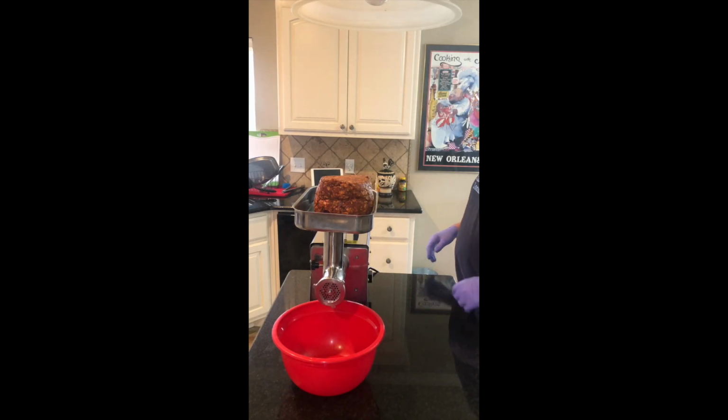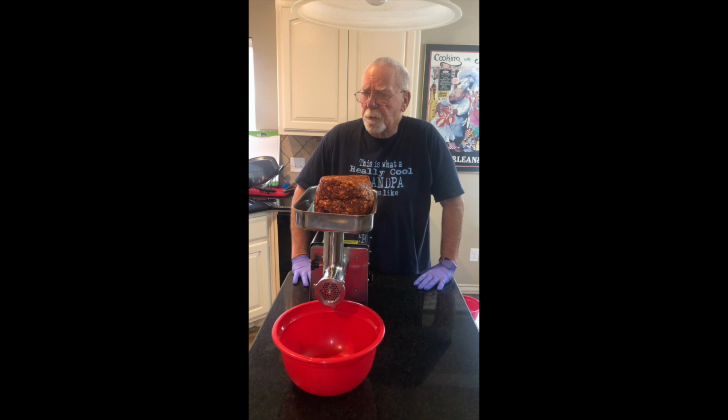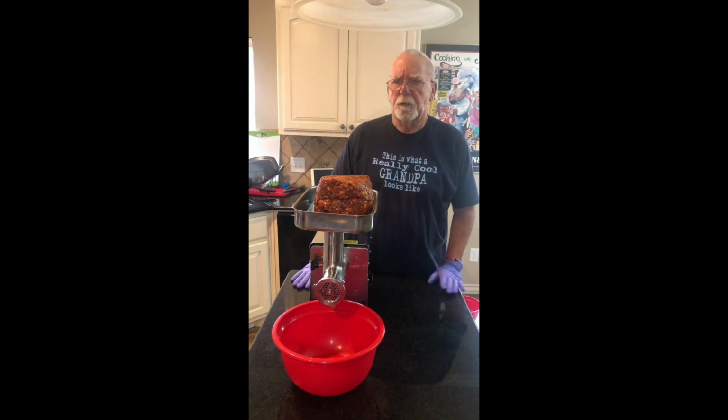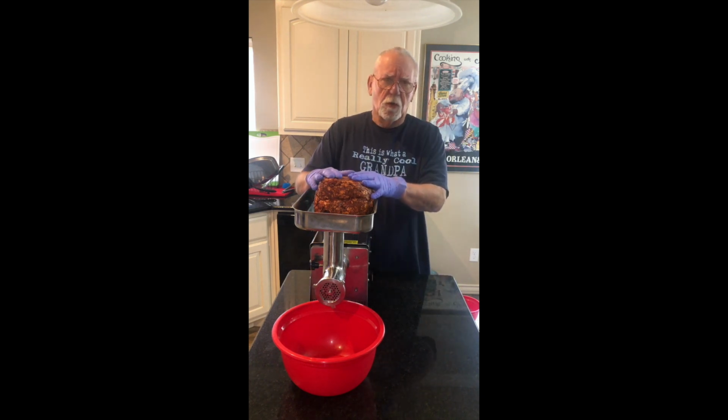So last night I sampled some of the Italian sausage. I had made a couple patties and I cooked it, and it came out very, very good. The flavor was, I don't know that I added much. The seasoning itself was really good, so I added a little bit of fennel and that came out really good. But I did make a decision last night that I'm going to go ahead and grind all of this sausage